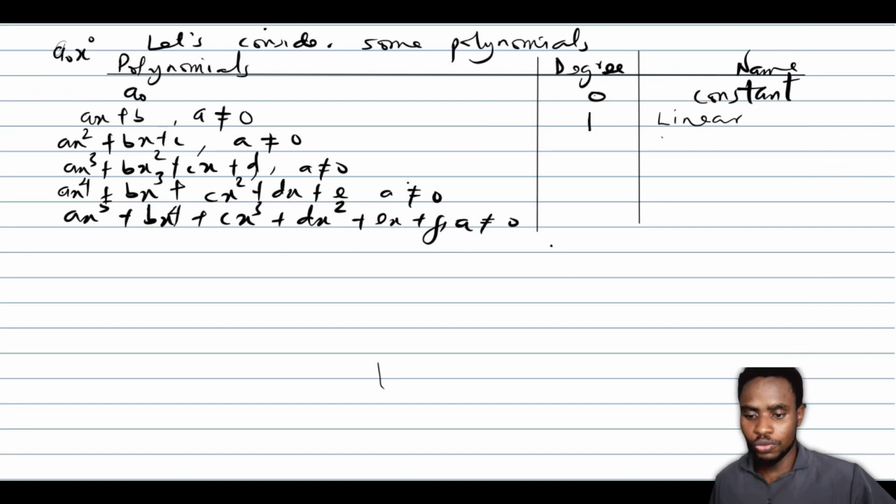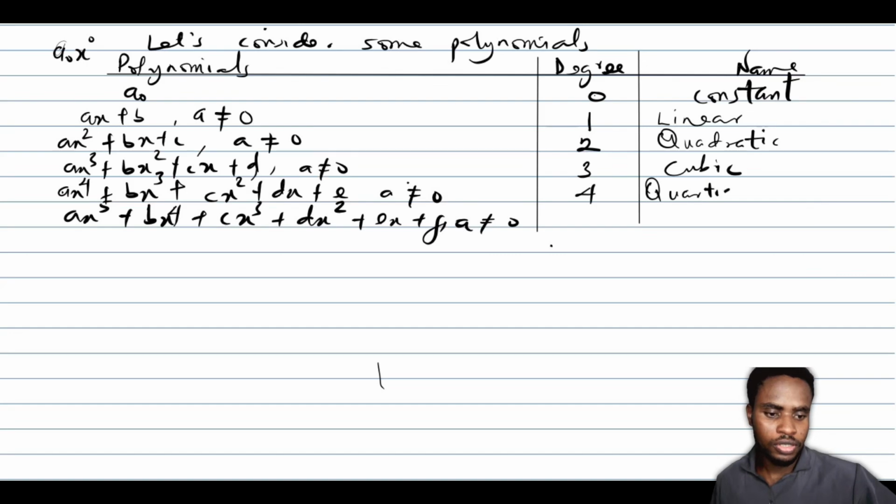For the third one, the highest power of s is 2. So the degree is simply 2, and this is called the quadratic expression. The next one has degree 3 and is generally called the cubic expression. The next one has degree 4, commonly called the quartic expression, or some people call it by quadratic. And the next one is of degree 5 and is commonly called the quintic